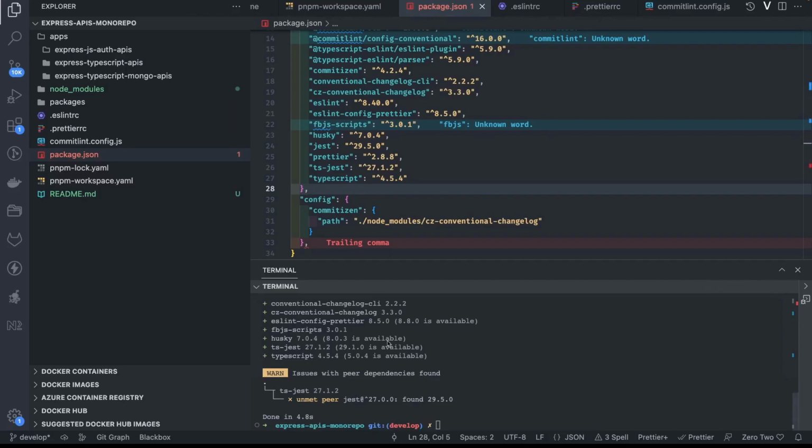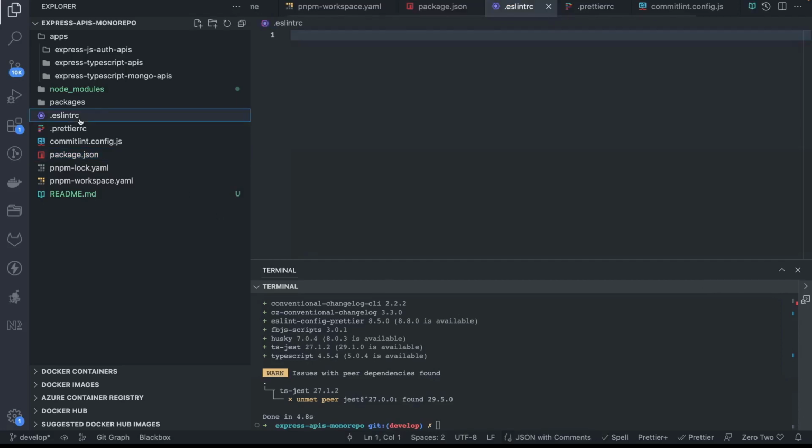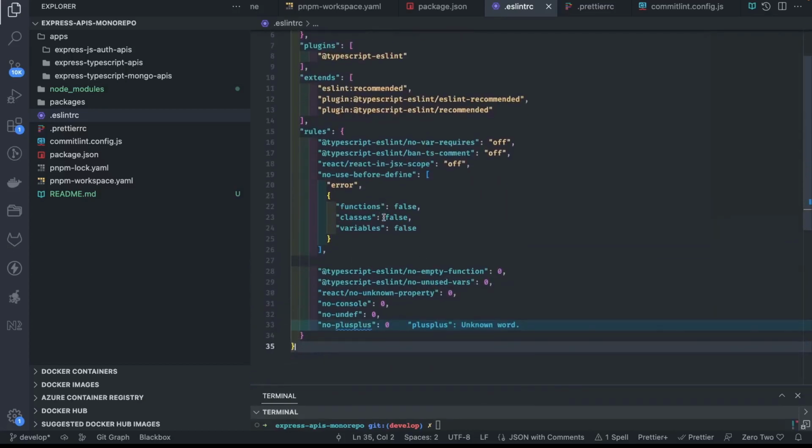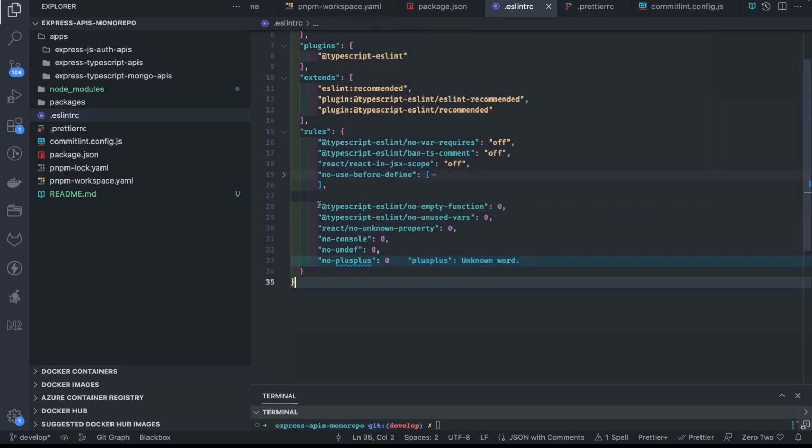Okay, then we have all these things added here. What else do we need? ESLint RC. Now for ESLint RC, I will just use the standard ESLint RC for TypeScript based projects. I can write it, but there is no point in writing this. You can just copy it from your existing project, or if you have strict rules, these are some of the rules which you want to apply on your project, like TypeScript: no empty functions, no unused variables, no unknown property,